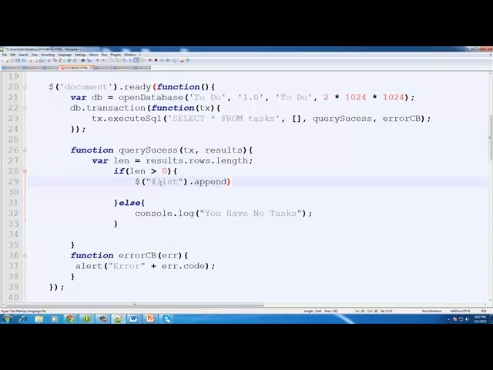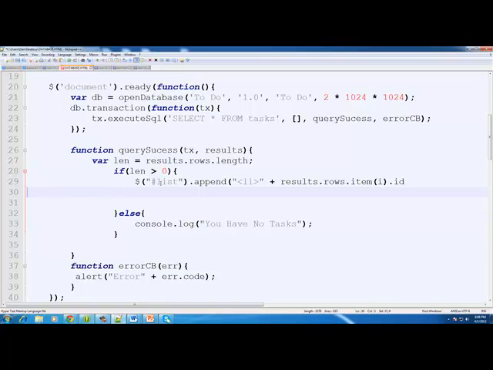So we're going to append our list div with an li plus, now this is where our variables are. We're going to say results.rows.item(i), which is the row number, and .id plus